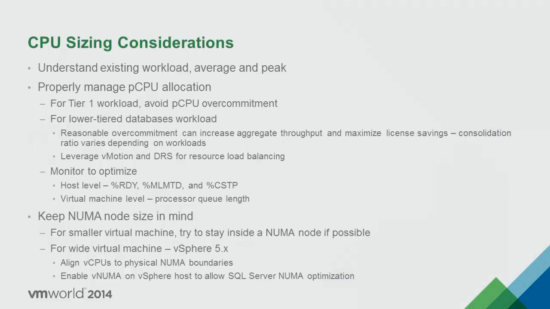So a quick word on CPU. We only got 2 slides on CPU here. First, understand your workload. That's the most important thing. Understand average and peak utilization and allocate CPUs based on that. For tier 1 workloads, don't overcommit CPU at all, or avoid it as much as possible. But for lower tier database workloads, monitor them over time and calculate how much overcommitment you can get away with